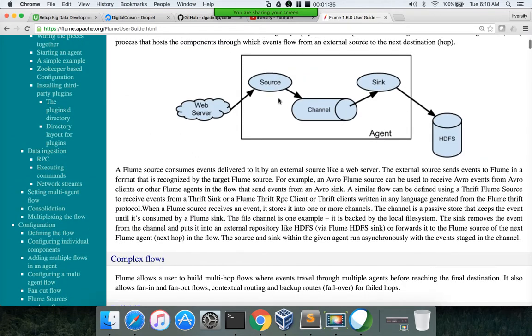When it comes to source, it's all about connecting to the source. And channel is the one which will aggregate the messages. You will get n number of messages from the web server. You have to aggregate those and send them as one group. If you keep on sending one message at a time, it will not be very efficient. You will be wasting a lot of resources. Hence, in most of these